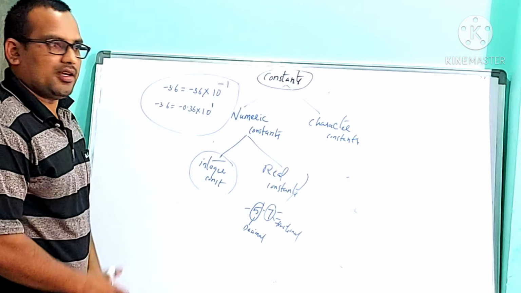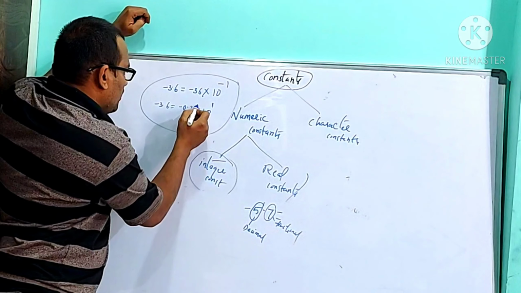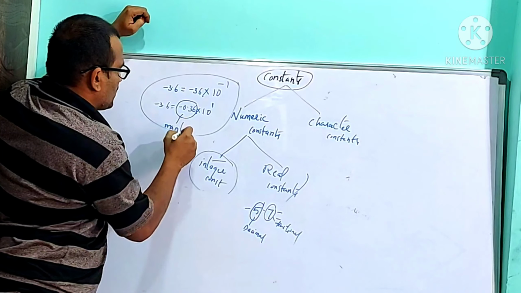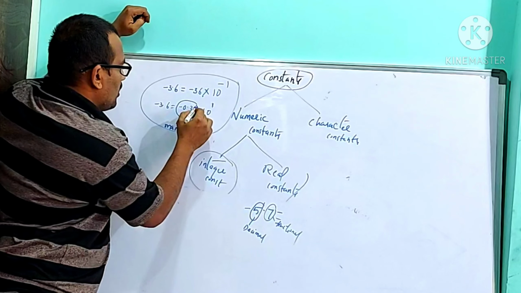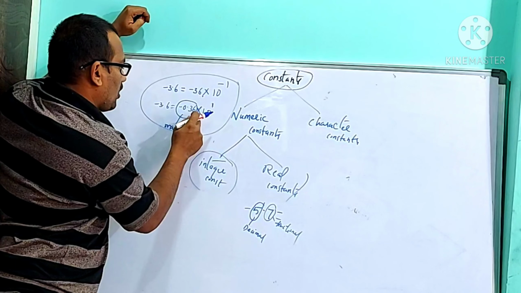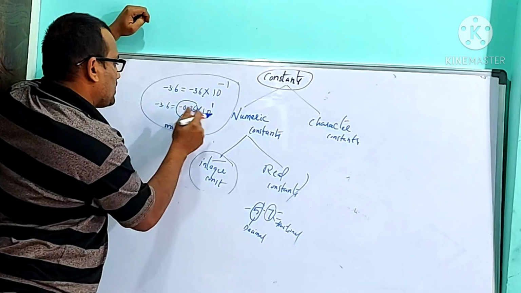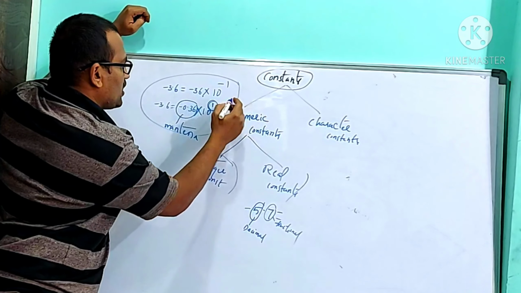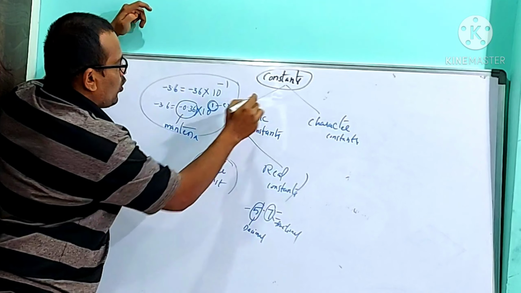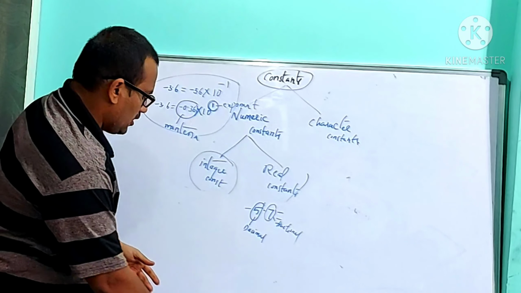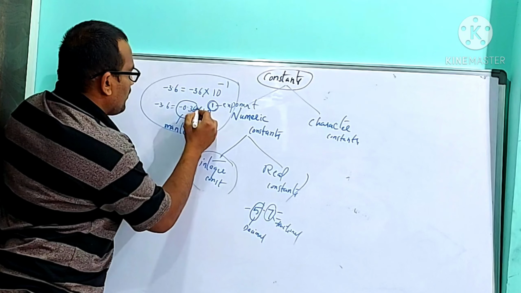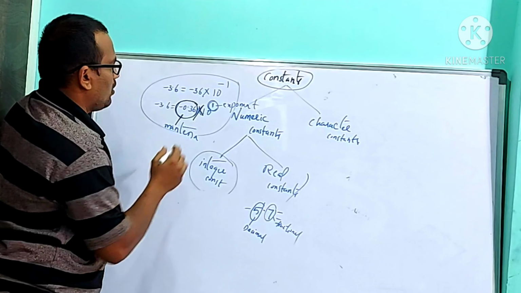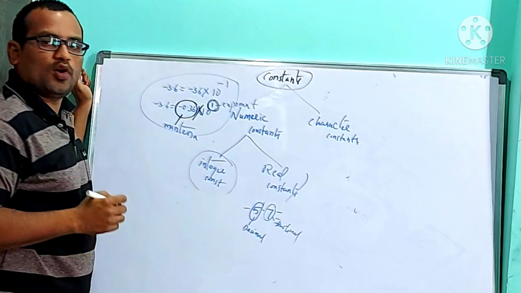Exponential notation looks like this. This part is called the mantissa, meaning the thing that exists before the into mark is called the mantissa. Power is called the exponent. 10 power something, right? That is called the exponent. Power values are called the exponents. So the things which exist before the cross symbol are called the mantissa. The powers are called the exponents.